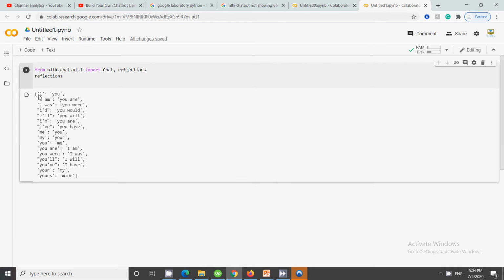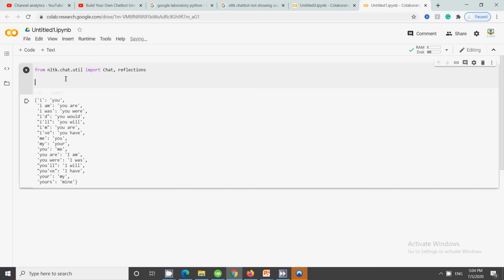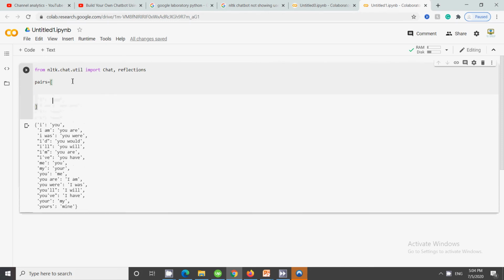Suppose a person is writing I, so the response will be you; I am, then you are. This is again an inbuilt library in which you will be getting all the responses. Second, and the important thing, is that you need to create pairs. Pairs means what all will be the questions and what all will be the responses from the chatbot.